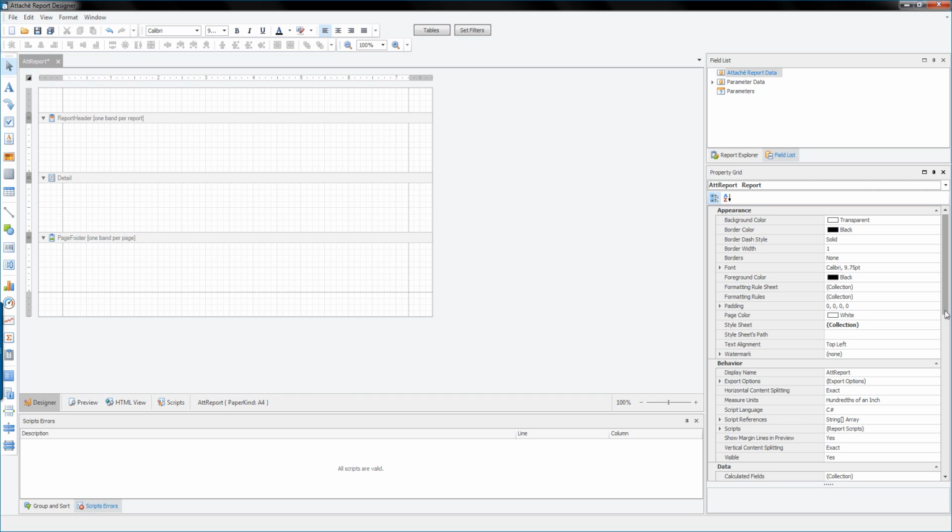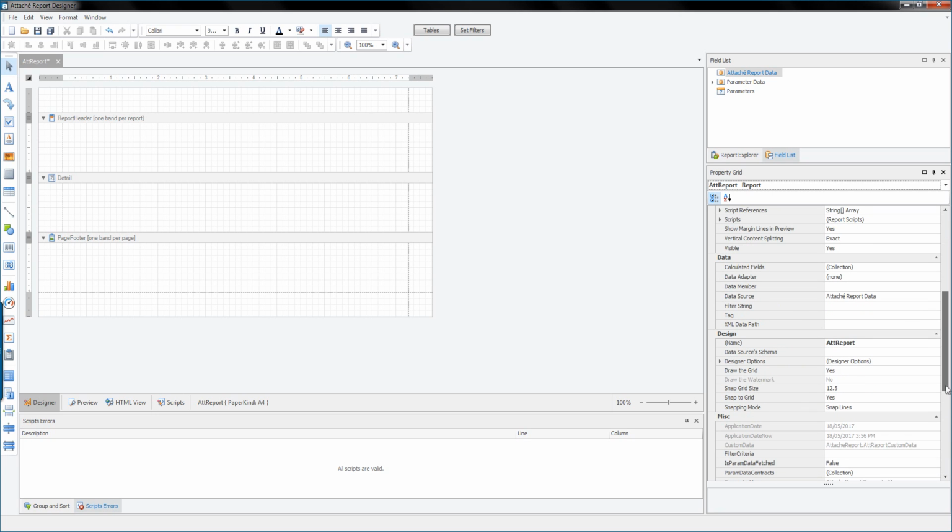So there are two places you need to enter this. The first is in the design group. So if we scroll down, here we come in and enter in our report name. Product Information Report. When you enter into this field, ensure you don't put any spaces, as this is just the